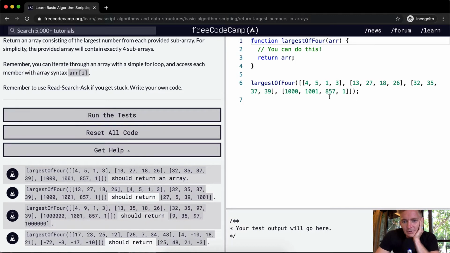Okay, cool. So with this one, the largest of this 4, 5, 1, 3, 13, 27, 18, 26, we want to return, it should return an array. It should return 1001, 39, 5, and 27. So we want to return the largest number in each of those arrays returned as an array. So first off, let's